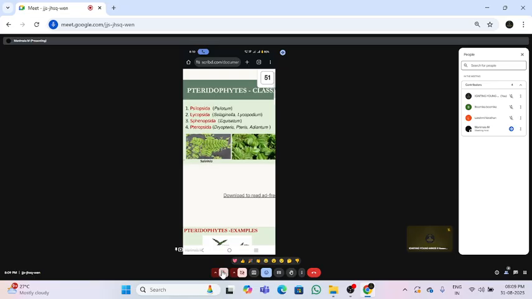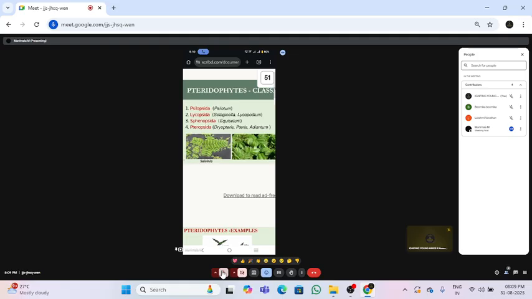The archegonium has a venter cell with an egg cell. This egg cell and the male gamete will be fused. To attract the male gamete, the archegonium secretes a chemical called malic acid. Make a note of it, malic acid. The fertilization is oogamous, where both male and female gametes fuse together. In the archegonium venter cell the zygote forms, which develops into an embryo.